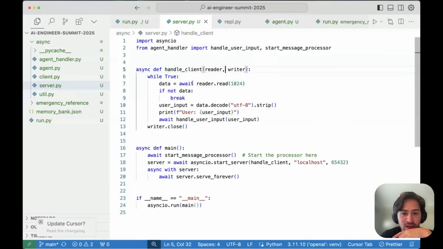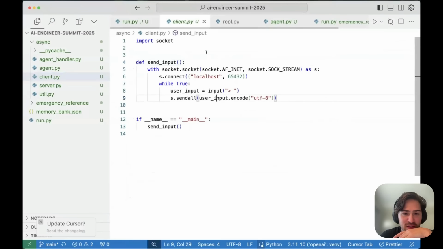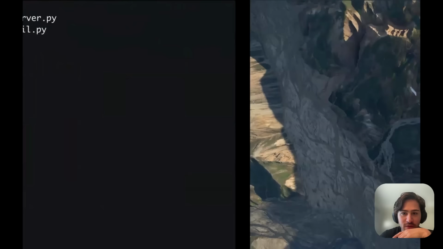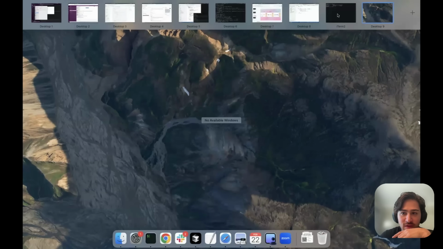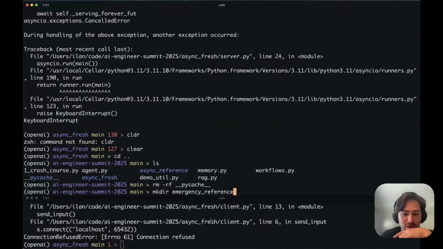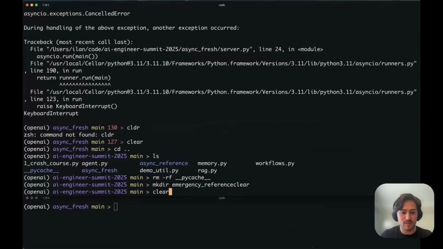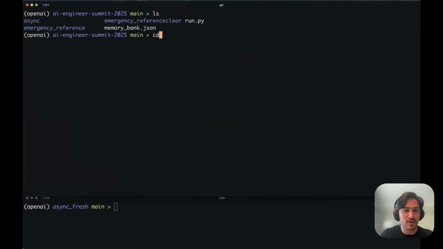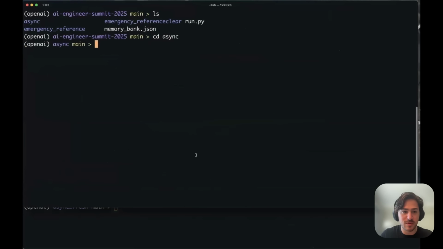We can take a look at them in a second, but essentially it just waits on a specific port and host. And then I have a client that connects to that and then just does while true loops and lets me enter in. Right. So if we look at what that looks like, I have it here. So let's go to async. Let me zoom in here a little bit.